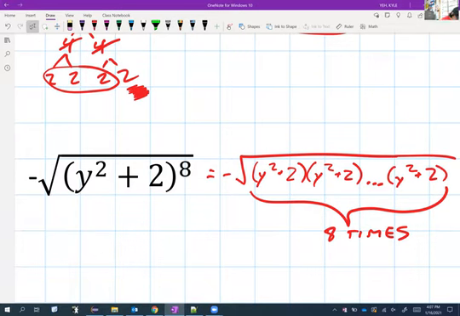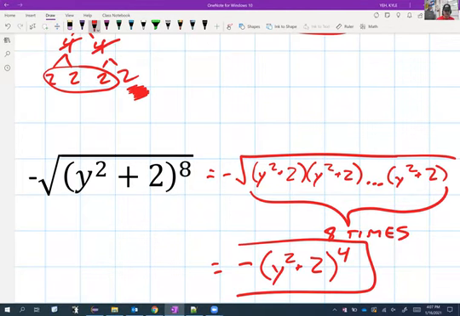So we could say then, look, we have 8 of them, negative y squared plus 2 to the 4th power, because we had 4 groups of 2 with nothing left over. All right, no need to multiply out those insides all the way. That would take forever, and none of us really wants to do that. That negative came from that starting question. Negative the square root of y squared plus 2 to the 8th power equals negative y squared plus 2